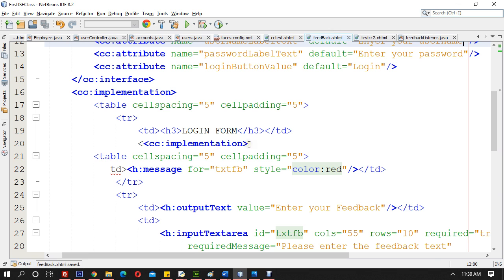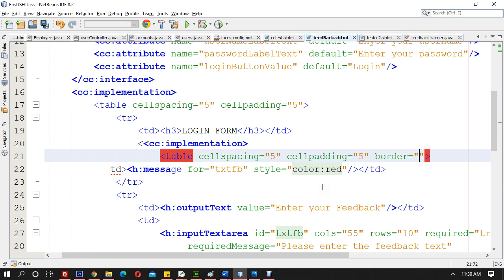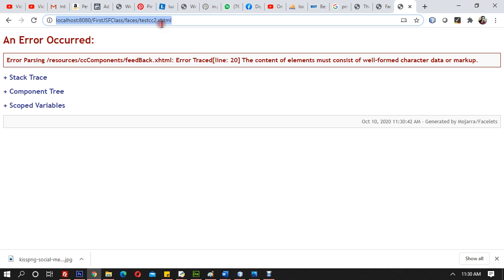You directly go to the composite control file. Alright, for example, if the table wants to have a border, you can say table border 1, and this is automatically applied to the full composite control. I can clearly see